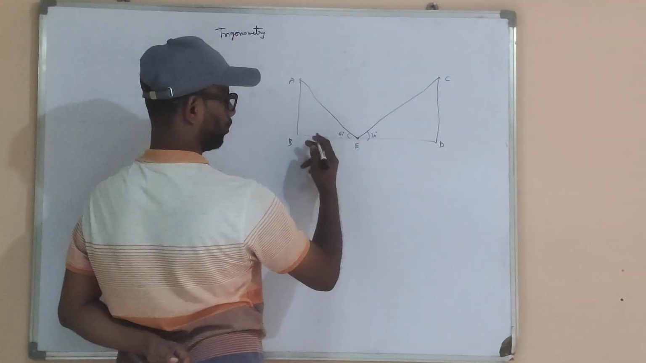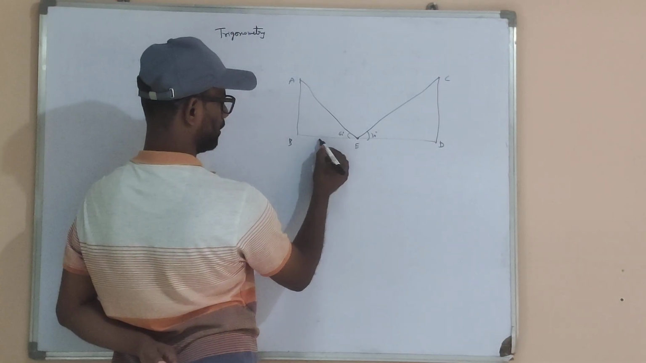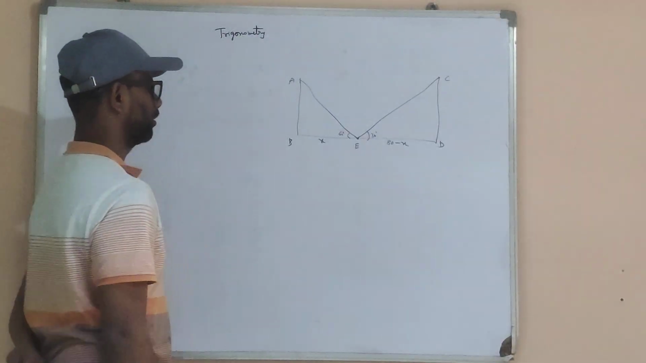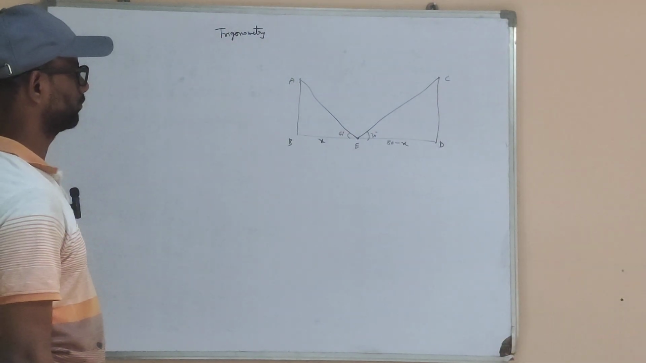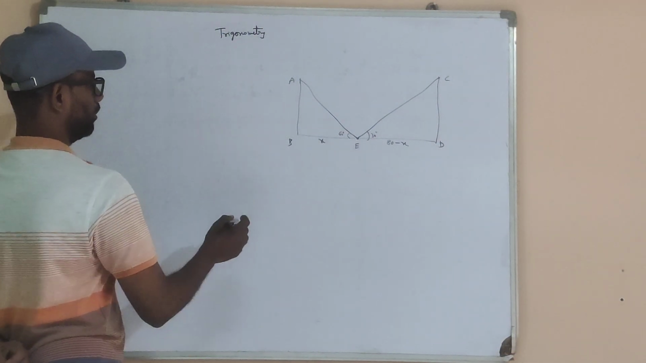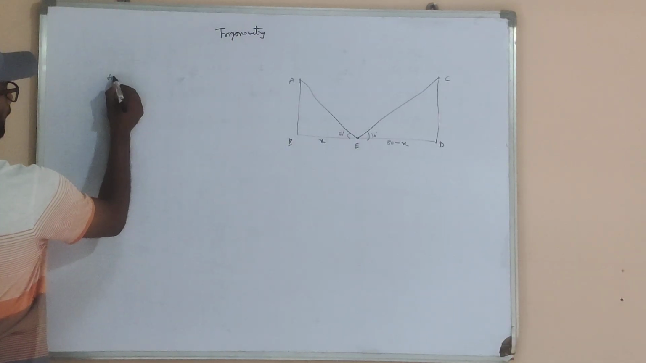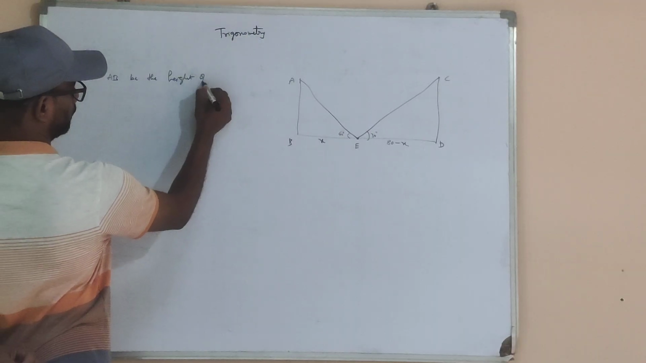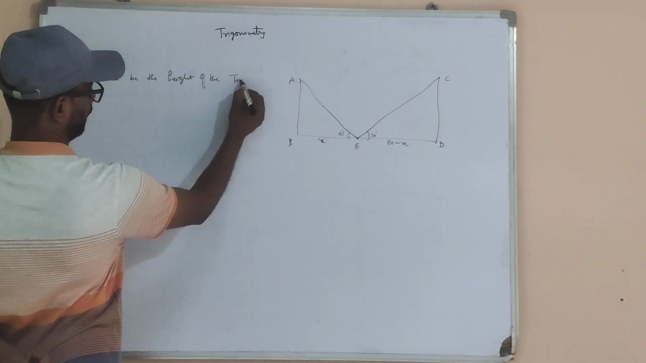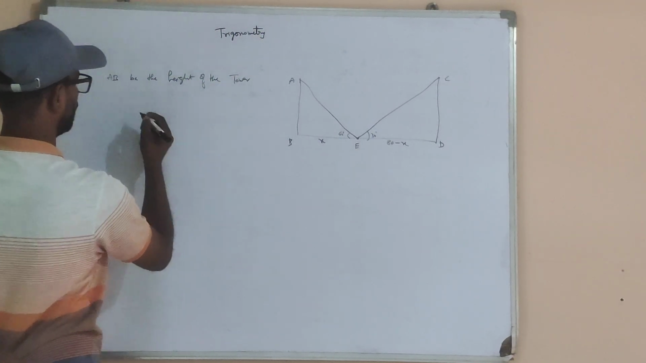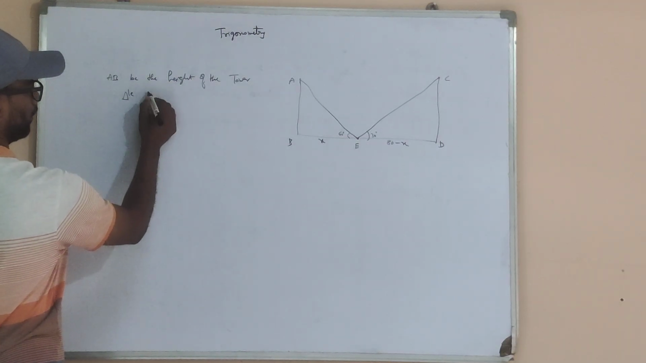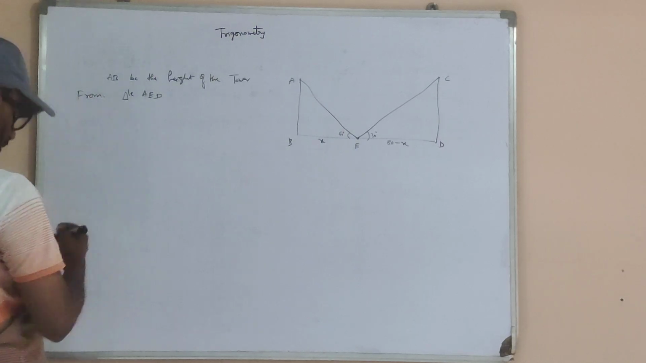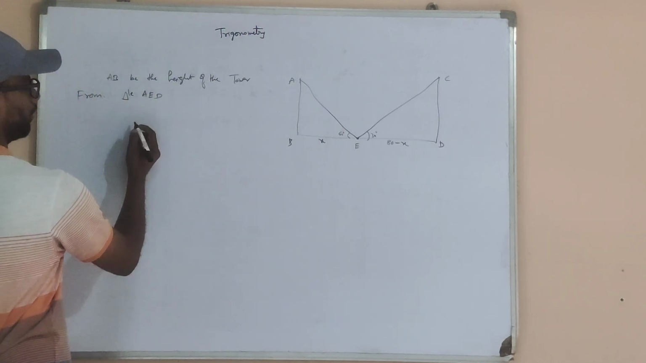So this is the total now. Total is 80. So assume this is x. So the remaining is 80 minus x. Now solve the question. So now let AB be the height of the tower. From triangle AEB,